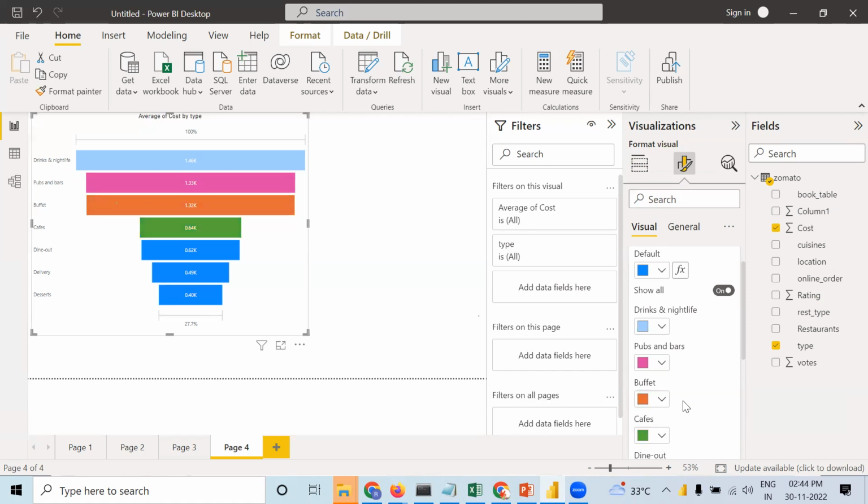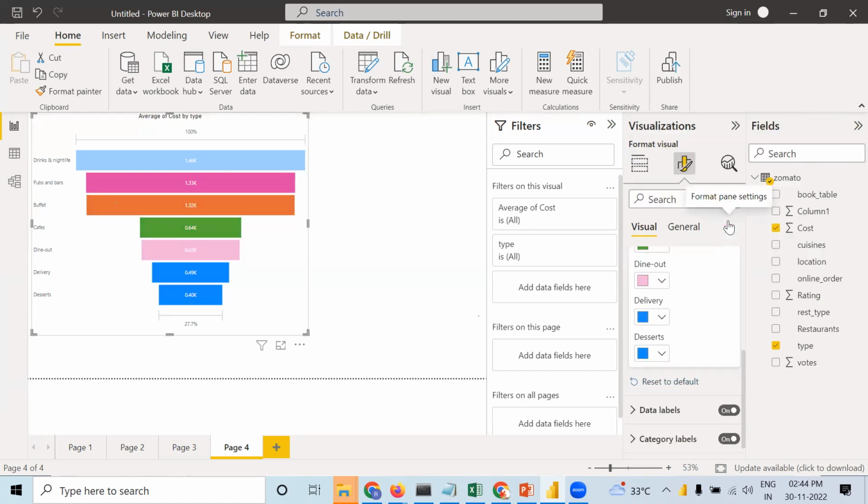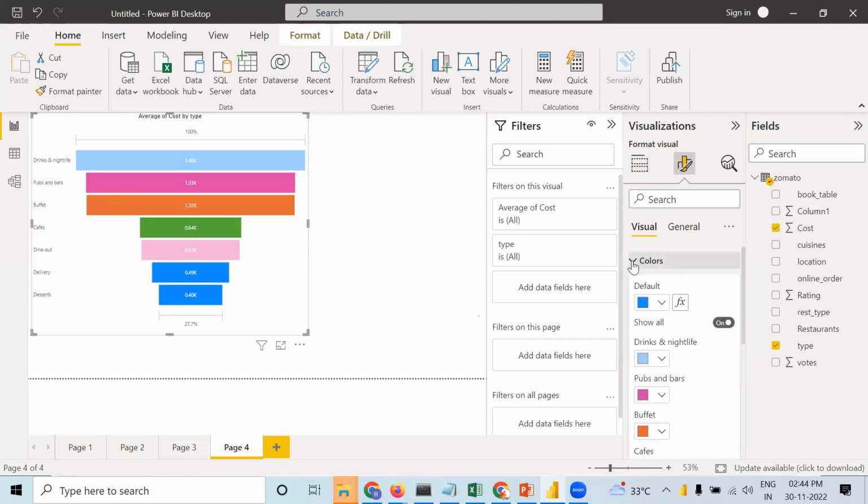Excuse me, ma'am. Can we change the alignment of this y-axis bullet points, like that drinks, nightlife? Can we change the alignment of this one? Yes. For that, you need to go to y-axis. I have already selected it. Go to visual, and in that,